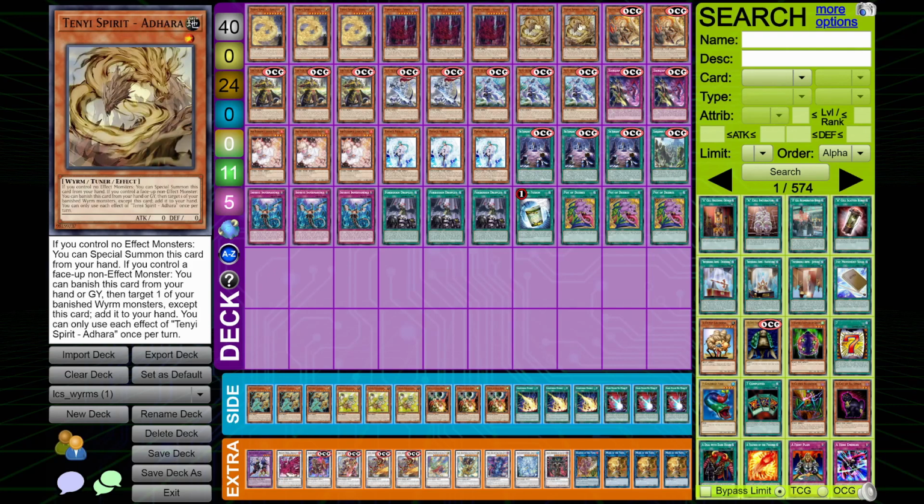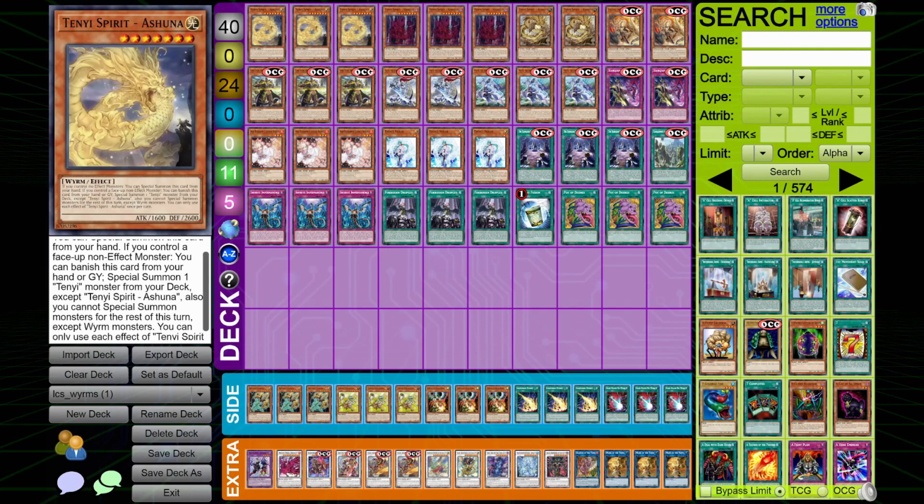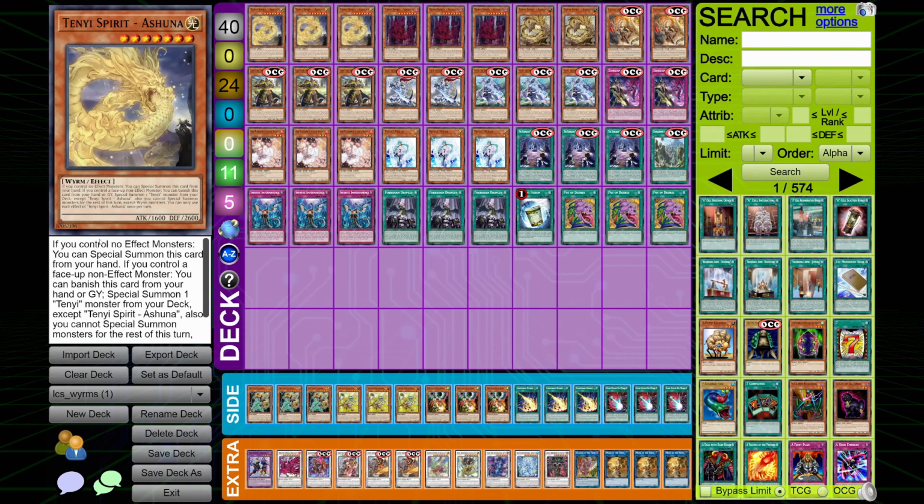But a nice combo you can do is if you open, I think it's any Tenyi with Ashina, besides itself obviously. That is an instant Synchro 8 that plays around Token Collector, because you summon Ashina, make Monk, summon the other one, and then Ashina will banish. You summon either the level 7 or the level 1 from deck, which will get you into Qi Xiao. And that's usually the play you want to be making if you're going second, because Token Collector is a big